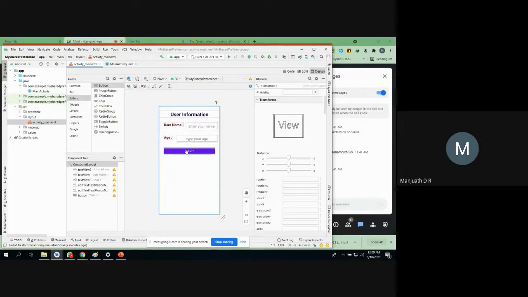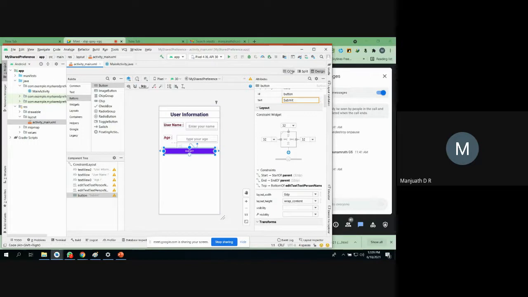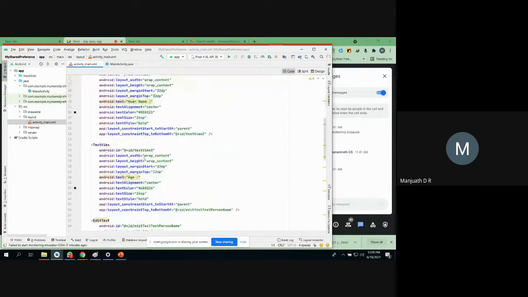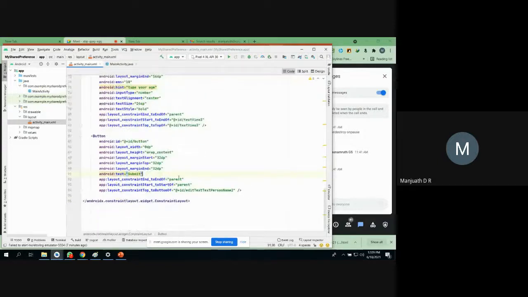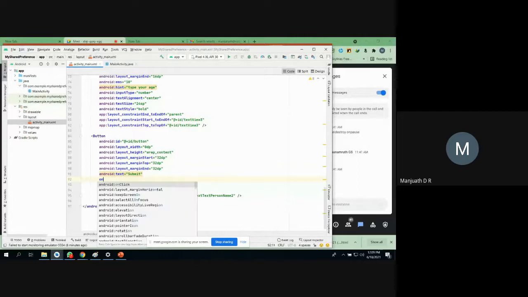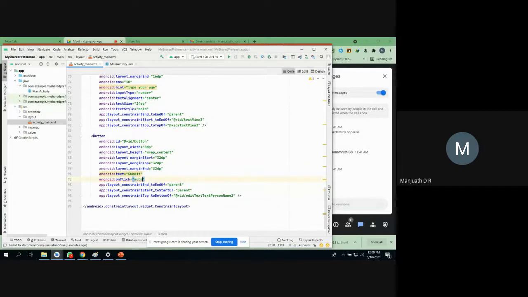Now I'll write code to go to the other activity, simply to start the other activity. There is not much programming with respect to the button, simply moving to another activity. That's what I'm going to do here. For that, I'm going to use the onClick method. Again, submit only I'm going to use. Fine. So you know how to create this method: Alt Enter, then create method.